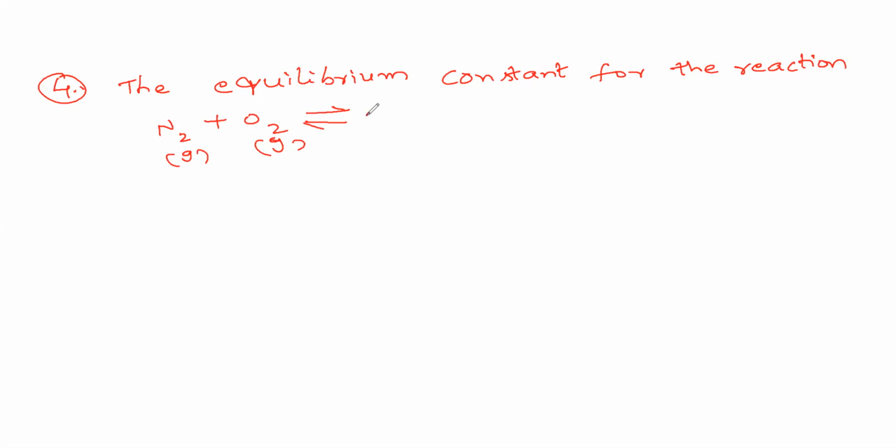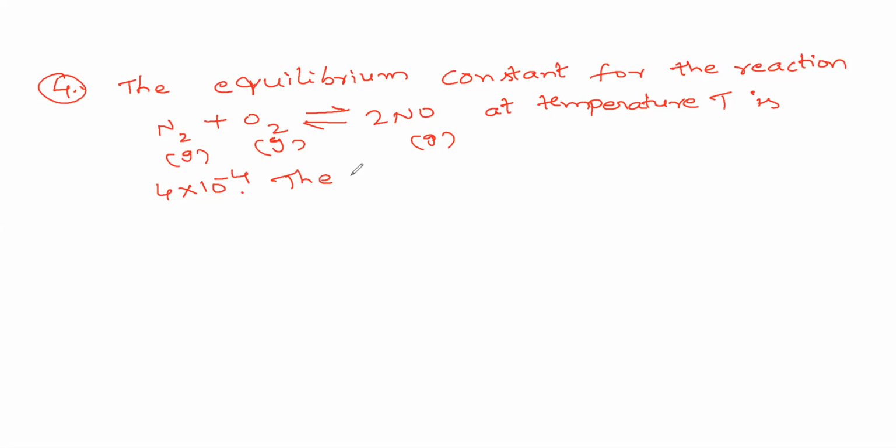Gives rise to 2NO gas at temperature T. At temperature T is 4 into 10 to the power of minus 4. 4 into 10 to the power of minus 4 moles per, nothing, they have given no unit. The value of Kc for the reaction. Based on this, the value of Kc for the reaction,